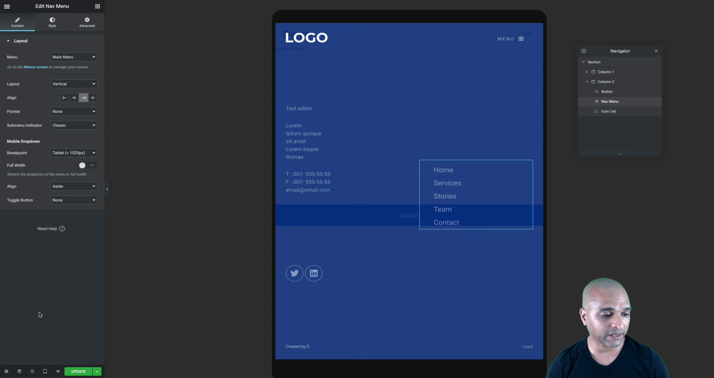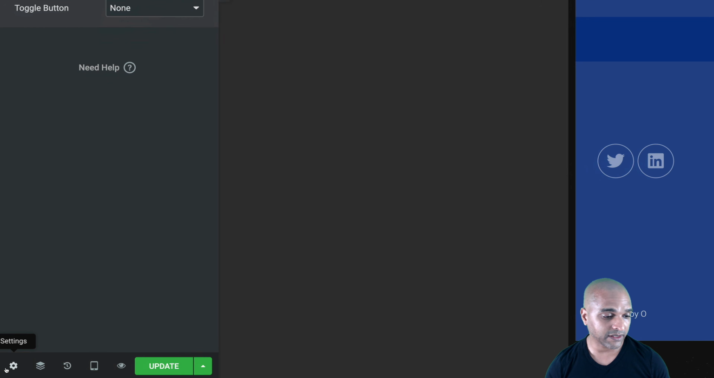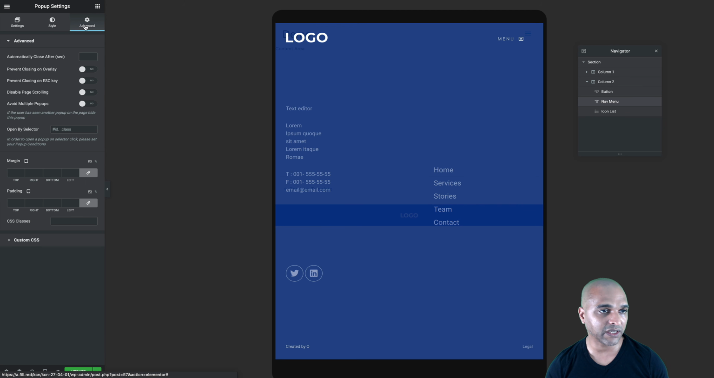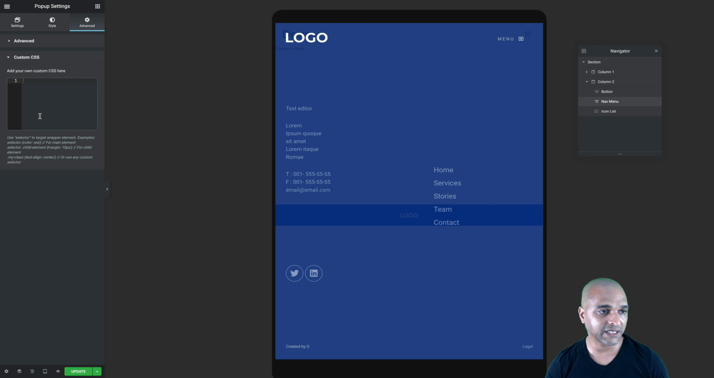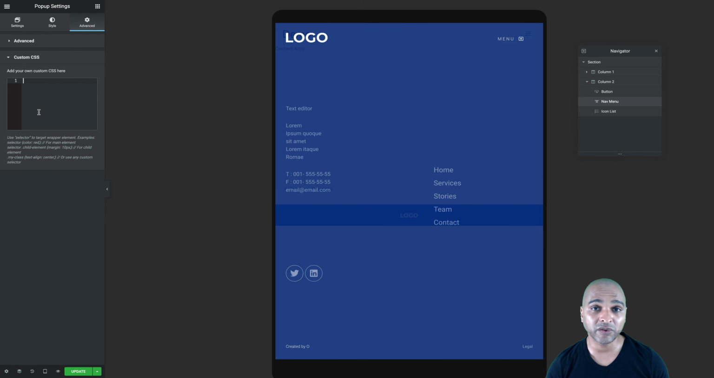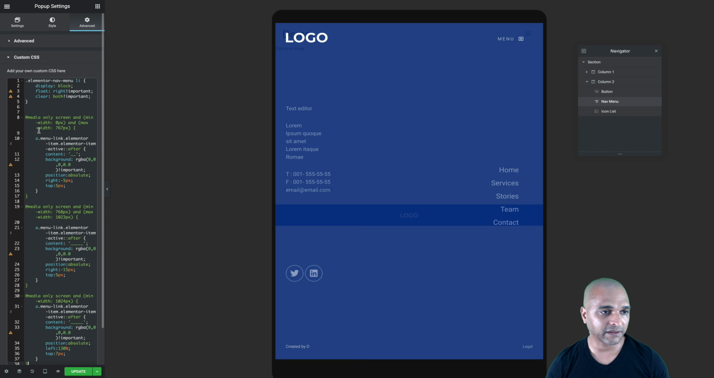So I've come up with some CSS code. For that, just click on the settings gear icon here. Okay, then move on to the advanced tab, click on custom CSS, and then you can go to the companion blog post, copy the CSS code, and of course you'll find the link to this blog post in the description below. So copy the code and just paste it here. And basically what the code does is try to fix this bug. I'm sure it's going to be fixed by itself in the future, but for the time being,